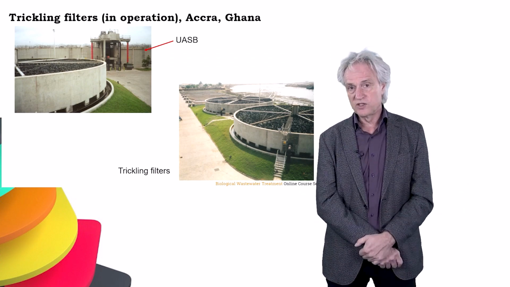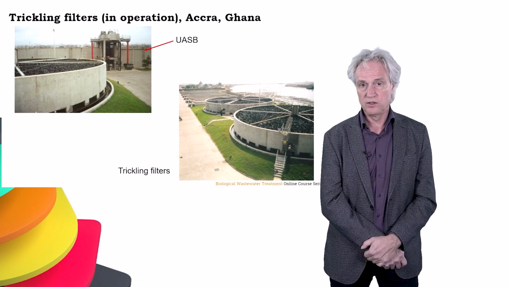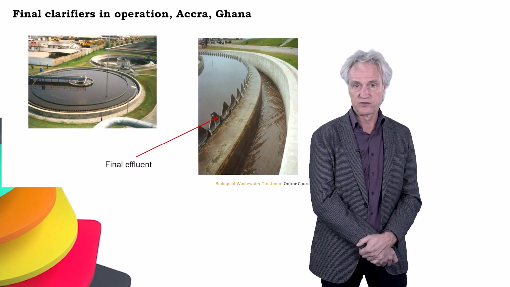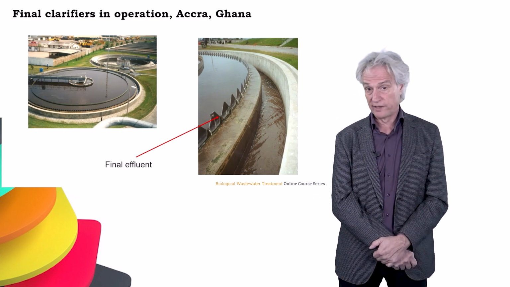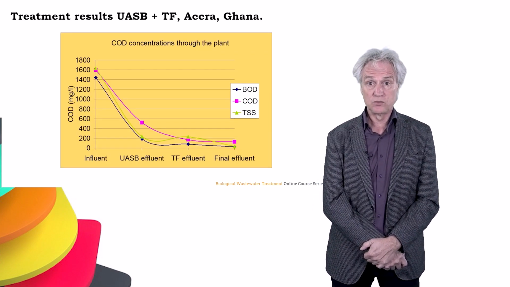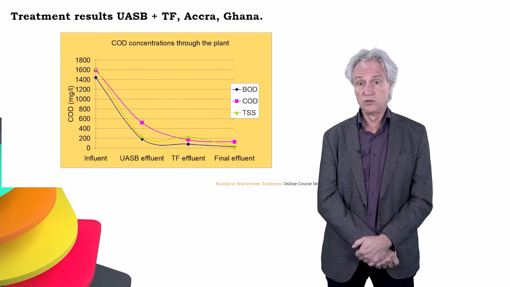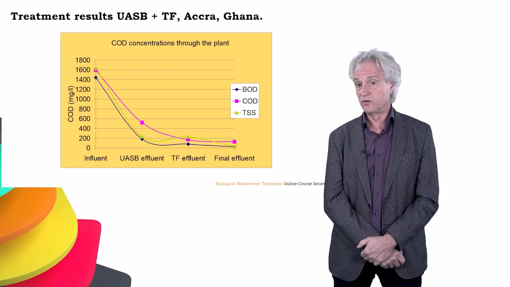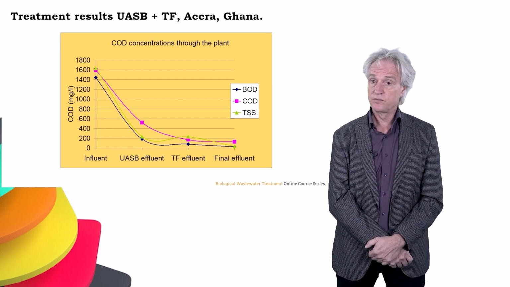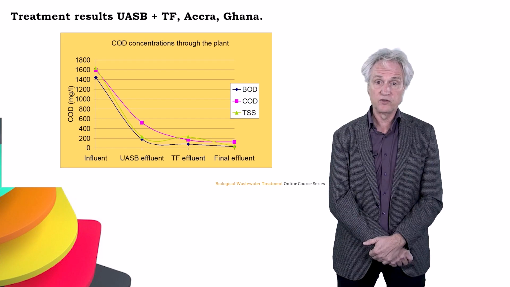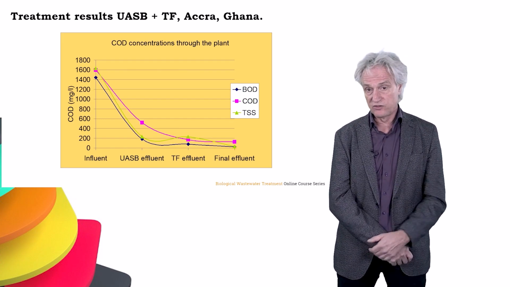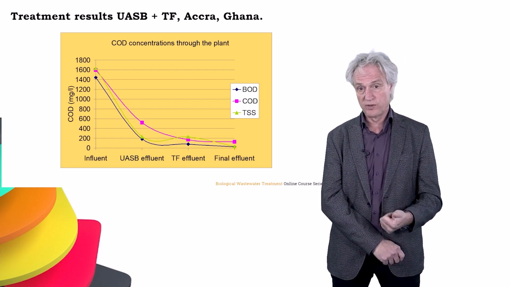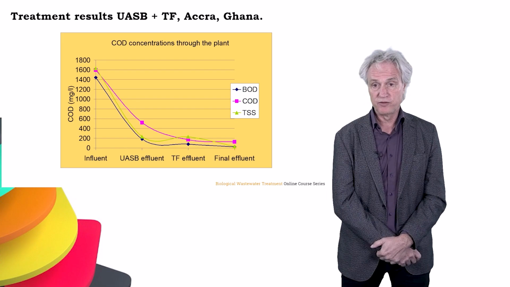Nonetheless, during the trials, the reactor operated quite well. Here you see the USB reactor in function, the trickling filters, and the final clarifiers with reasonably clean, treated wastewater. Now, looking at the average concentrations, on the y-axis the BOD, COD and TSS concentrations are given, and on the x-axis is the course through the anaerobic-aerobic reactor system: the influent, USB effluent, trickling filter effluent, and